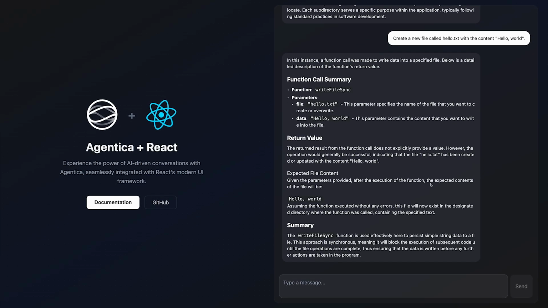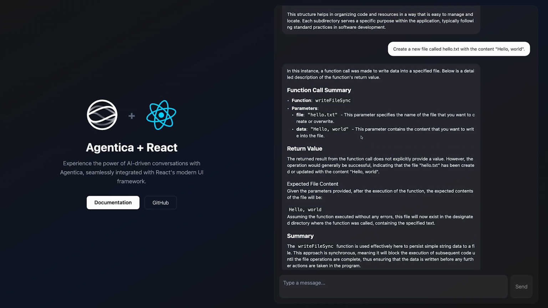So let's wait for the response, and we got the answer. So the function call summary: the writeFileSync was called, and for the parameters, hello.txt has been provided as the file name, and for the content, hello world has been provided. I think it did a great job.